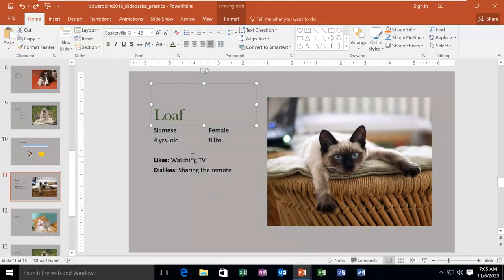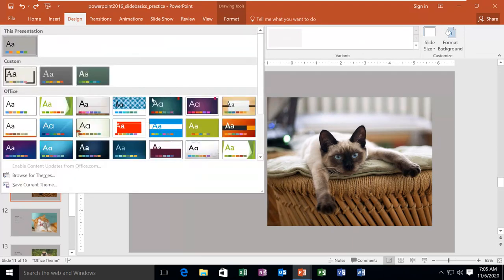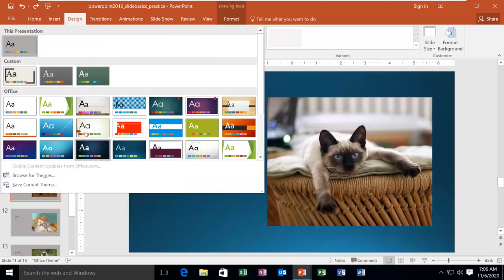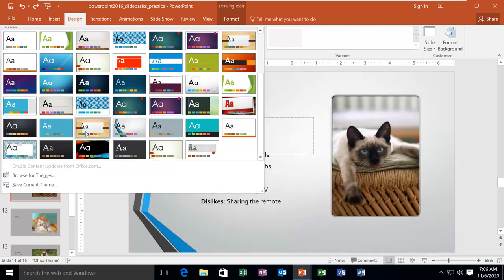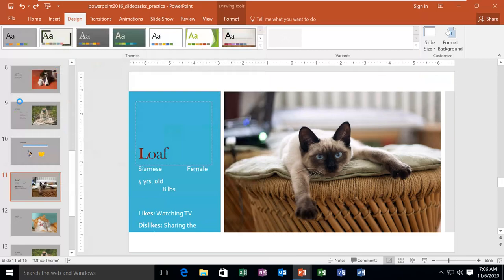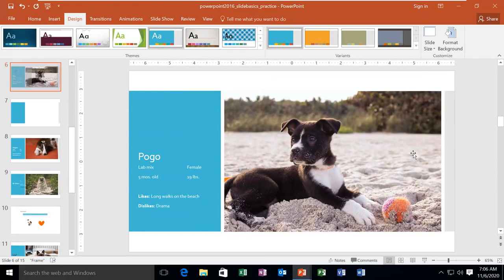So if I want to apply the theme to this presentation, I'll go to the design tab, and here in the theme group I have these different themes which are presets. Now you can see if I select one of these, it changes according to my selection. So suppose I select this one. Now you see all the layouts are changed